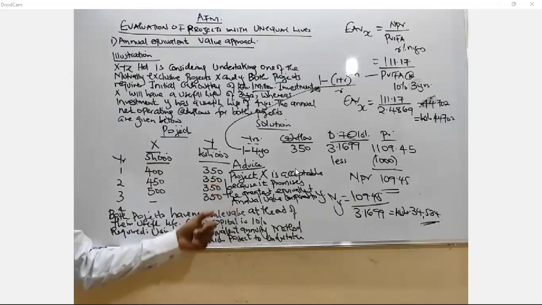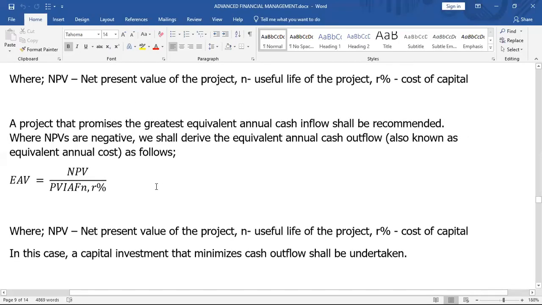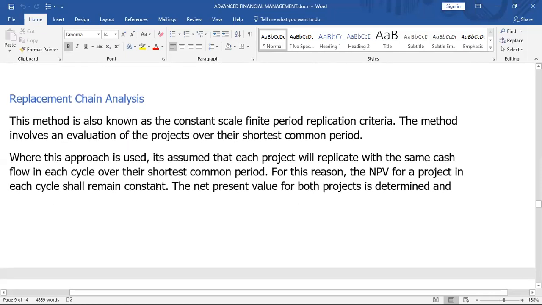Are we together up to this? Are we together? Yes, we are together, so that we can go to the replacement chain analysis. I know we are together with others who are even not here today. I know now we can check on the replacement chain analysis,